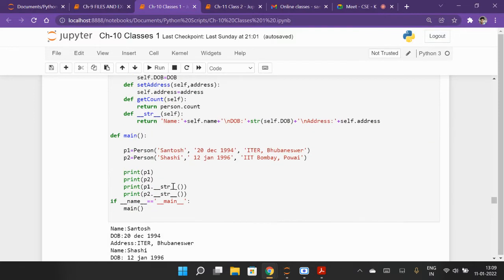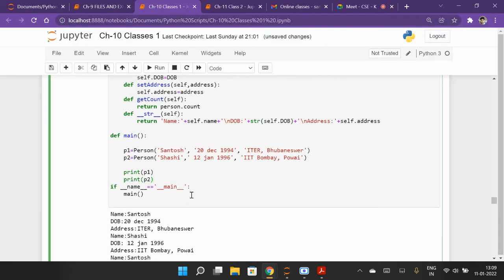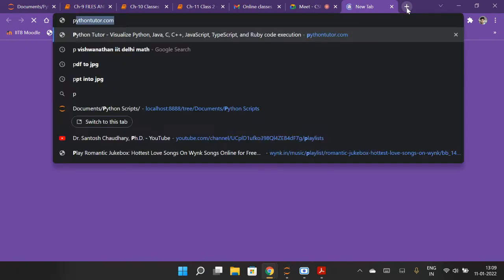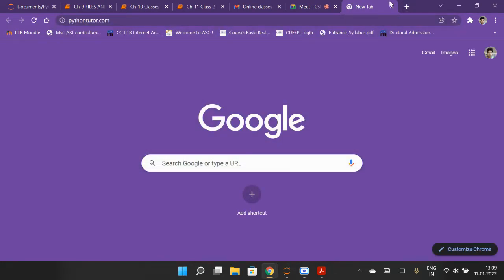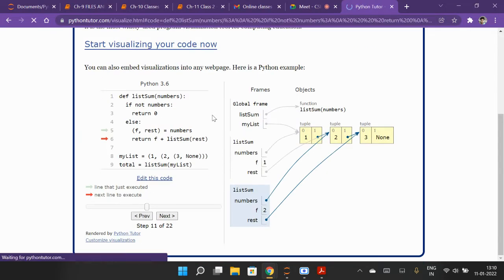Yes, we were doing this program last class, right? So if I just remove this line, okay, and try to see it on Python Tutor, so you can visualize, right? You all know how to visualize.